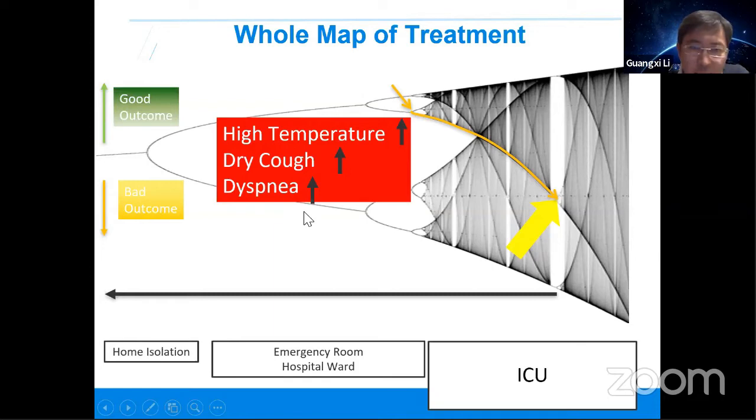But sometimes if the temperature we could not control, and the dry cough deteriorates, and they have very severe dyspnea, those are early indicators for the patient's deterioration. Actually, that's a development of acute lung injury. So they need to go to the hospital, and they may go to the emergency room, but this will put a lot of pressure on the healthcare system. So what we need to do is prolong this period so we can reduce the pressure